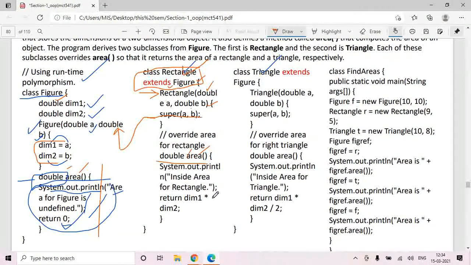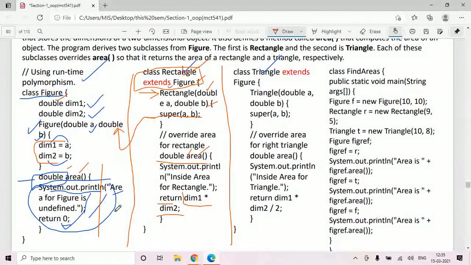So area of a rectangle is dimension 1 multiplied by dimension 2. So return dimension 1 multiplied by dimension 2. Whatever is the multiplication of these two values, you return the answer as the area of that rectangle.